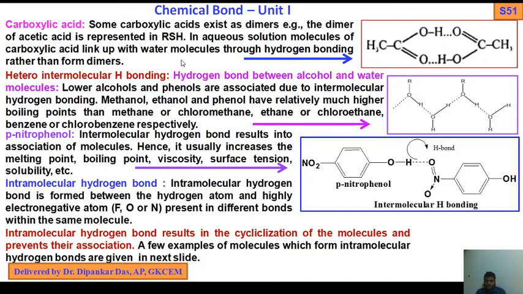So what will happen? One molecule of acetic acid, CH3COOH, and another molecule of the same acetic acid, CH3COOH. Here is OH, here is C double bond O. So this oxygen forms a hydrogen bond with this hydrogen, maintaining all the criteria of hydrogen bond formation. Similarly, this hydrogen, which is already covalently bonded with the more electronegative atom oxygen, forms a bond with the oxygen. So this is the hydrogen bond, and this is the hydrogen bond. In this way, through these hydrogen bonds, they can form a dimer.